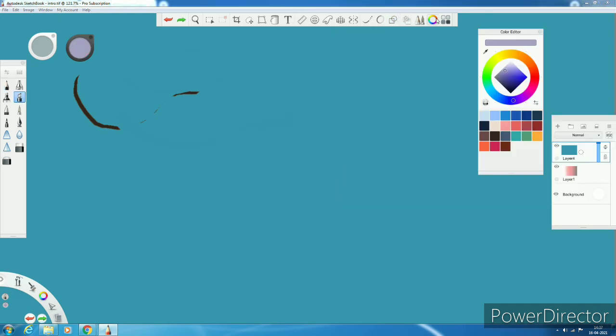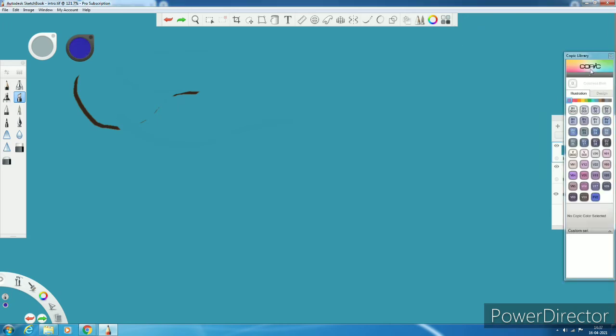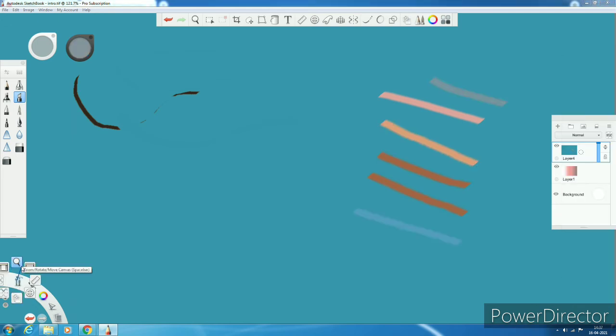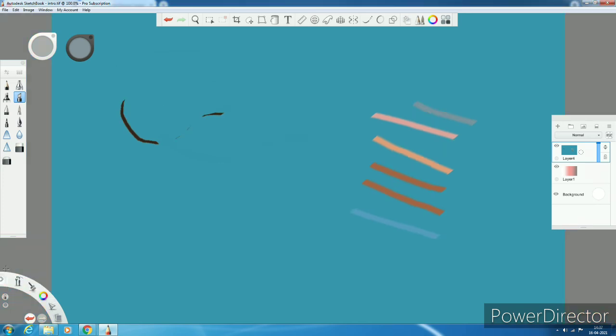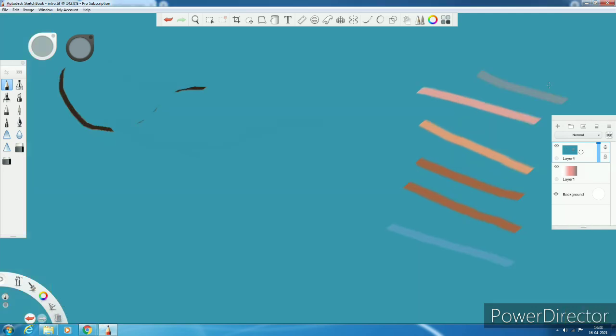You can change color from the color puck or from this tool. There is also a color library where you will get a lot of shades. Now this whole thing in the bottom left corner is called the lagoon. In this, there are basically all the tools which we have seen. You can operate some tools from 2 to 3 places. There are brushes, color editor and other tools in it.